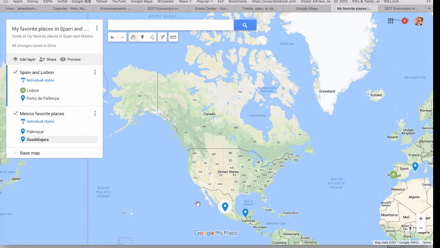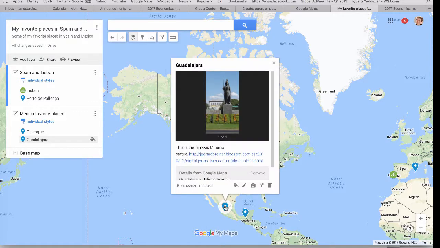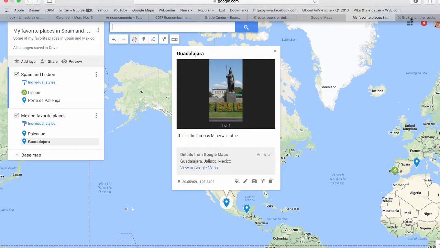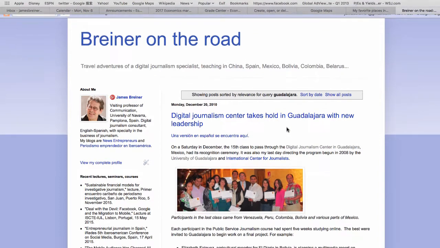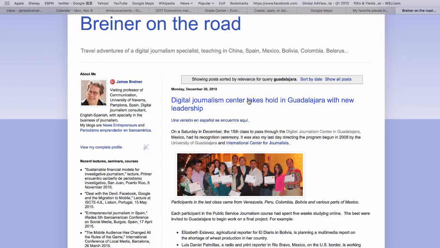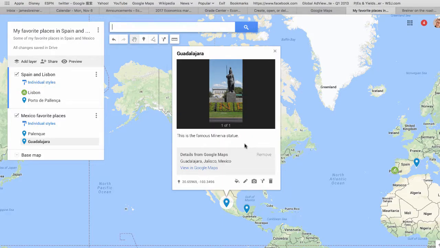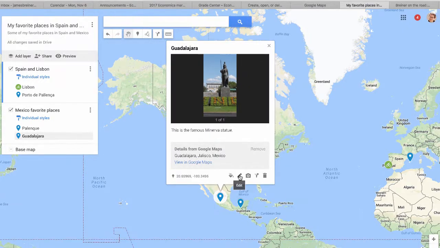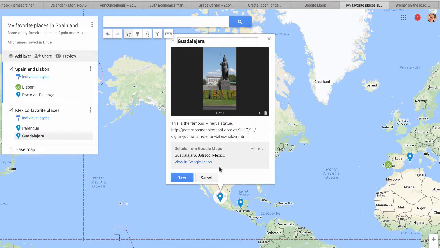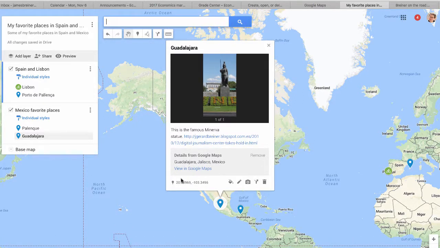So let's add a blog post to Guadalajara. And this is Digital Journalism Center takes hold in Guadalajara. We're going to grab this link, copy the link, and add this blog post to Guadalajara so that anybody could visit my blog post. Lots of options,